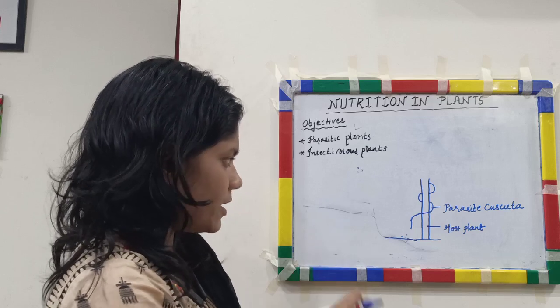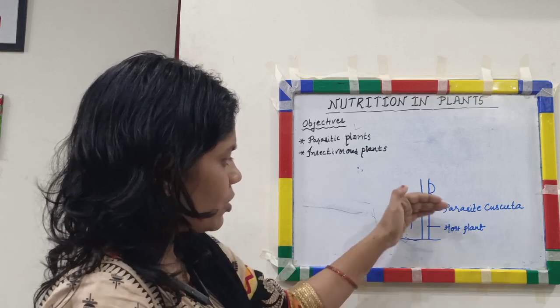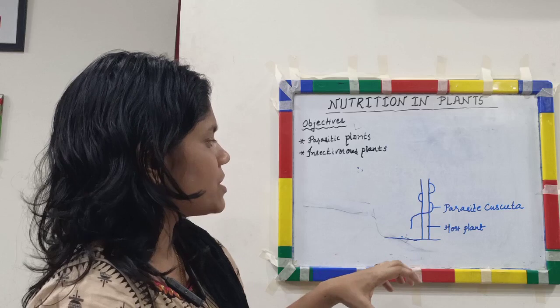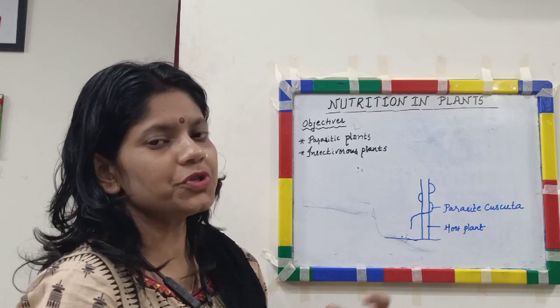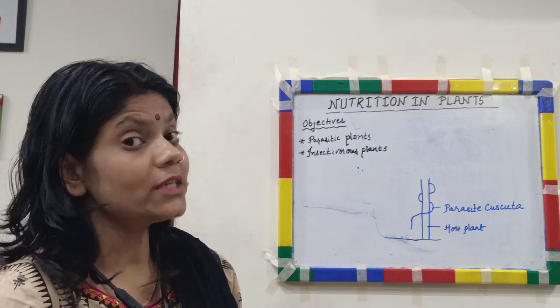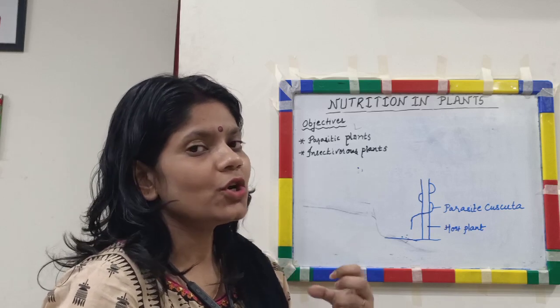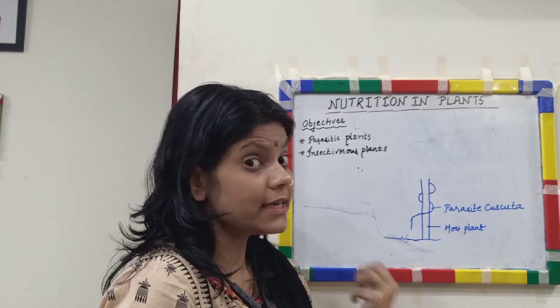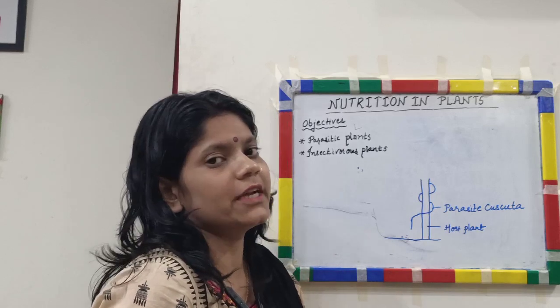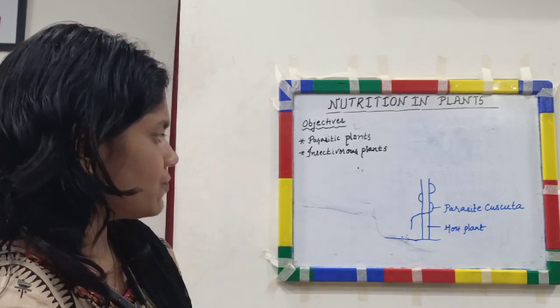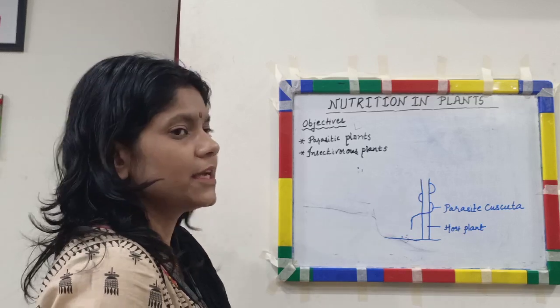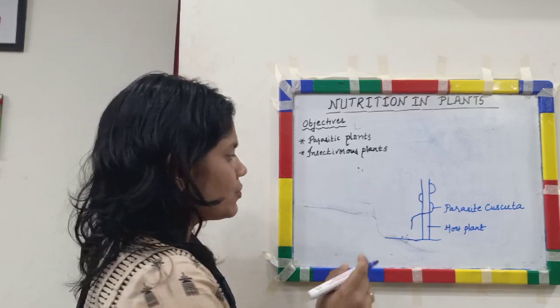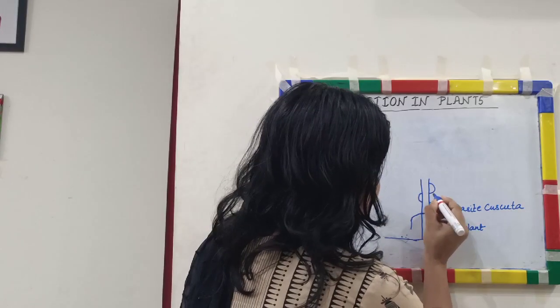So now what is happening? It is growing on another plant. Now the question is, how does it take its nutrition? Because it does not have green leaves. It does not have any food factory from which it will produce its food. But it does need food. So how would it derive its food? For deriving its food, there is a very important structure that is called haustoria. So we will see actually what happens.